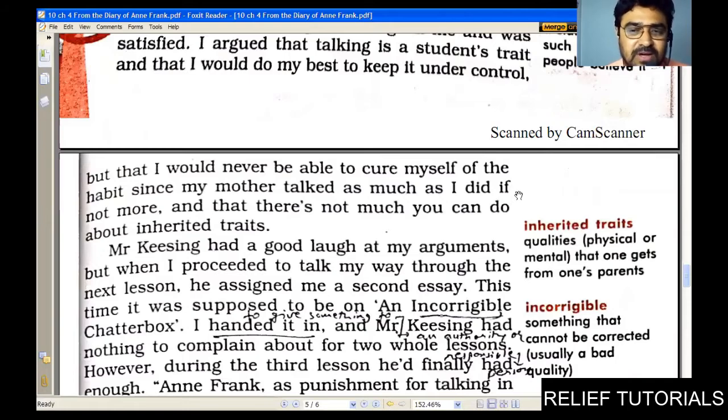What is inherited, what is in the blood, what can you do about that? So she couldn't help it. That's what she said over there. Mr. Keesing had a good laugh at the arguments. He found it a very smart move from Anne Frank, and